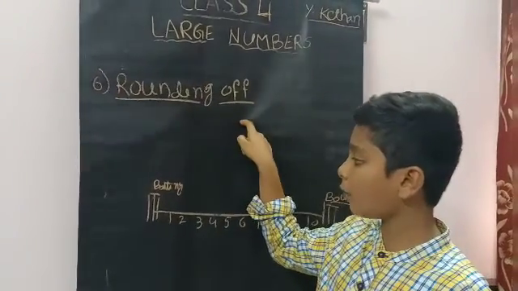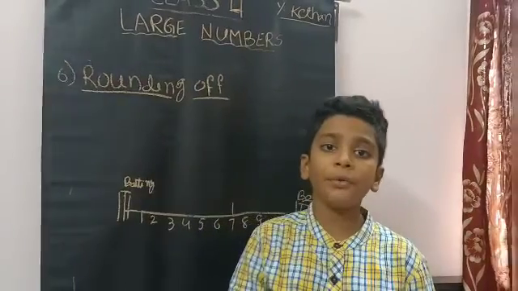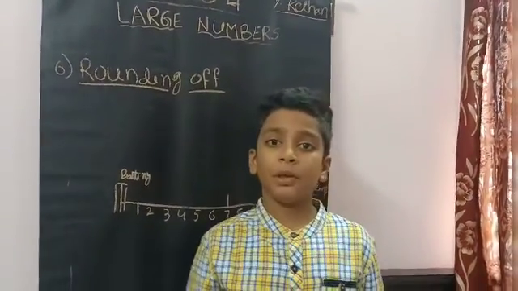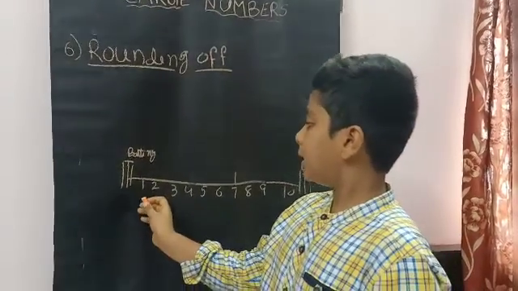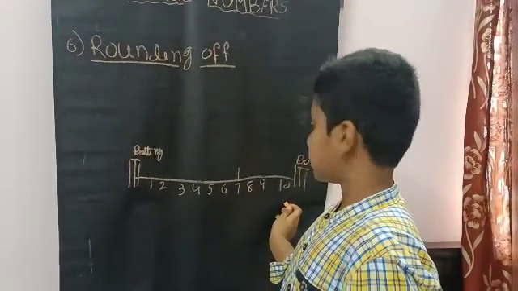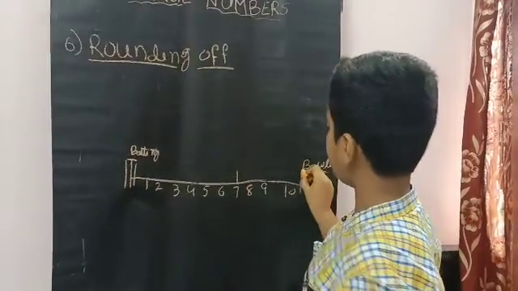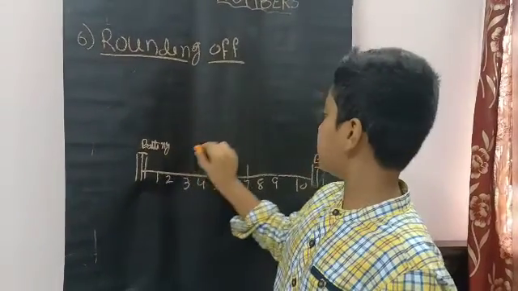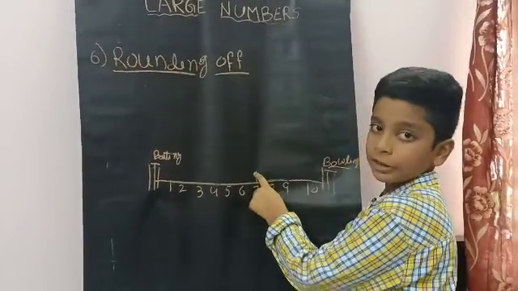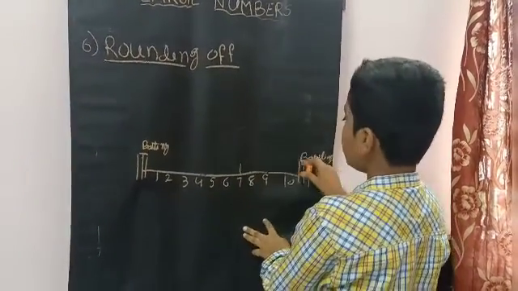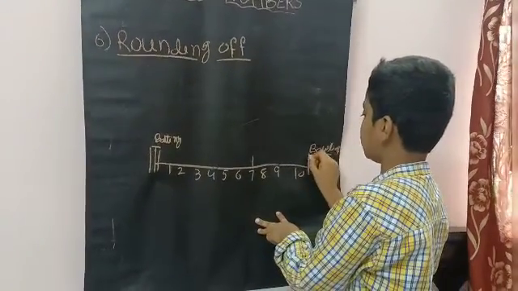Rounding off. What is rounding off? Yes, I will tell you now with a real life example. Here is a pitch and there are 1 to 10 members. The batsman is here and the bowler is here. The bowler threw the ball and the batsman hit the ball. The batsman is running and came to the 7th number. Then the bowler takes the ball and is ready to hit the wickets.